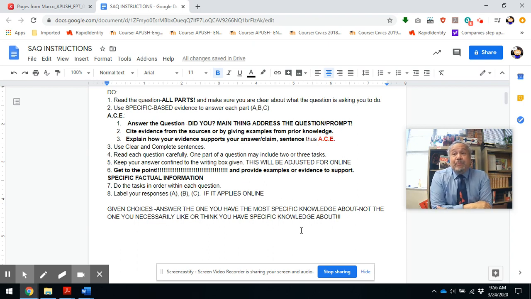I know one thing: you may be able to pick out specific examples about the economic changes from the early 1900s up until 1929. You know about progressivism, about Teddy Roosevelt and the control of the trusts, getting rid of the bad trusts. The 1920s reflected the Gilded Age of laissez-faire economics and trickle-down theorists, and industry flourished in the 1920s. You probably know more of that, but you don't choose it because you think you know slavery. Do not choose something that you do not have specific examples about.